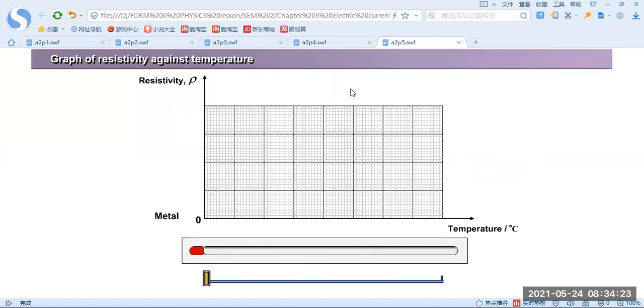The graph of the resistivity against the temperature. When the temperature increases, resistivity also increases as well. This means that resistivity is directly proportional to the temperature. As a conclusion, we can say that